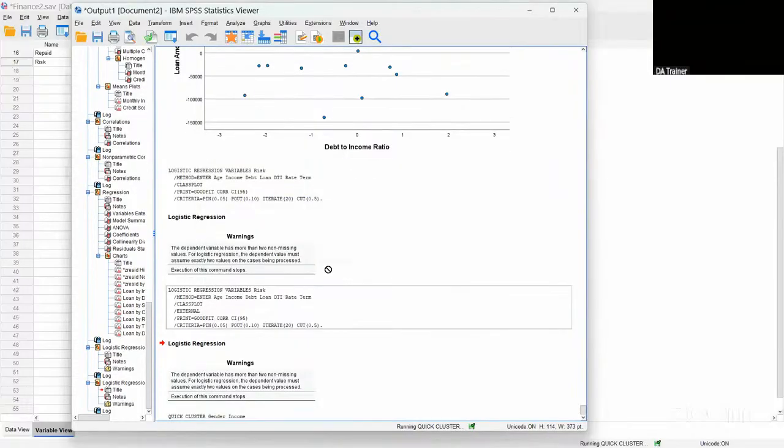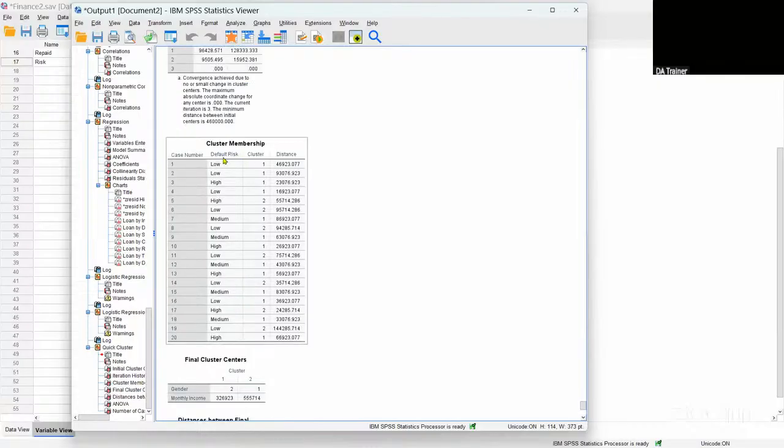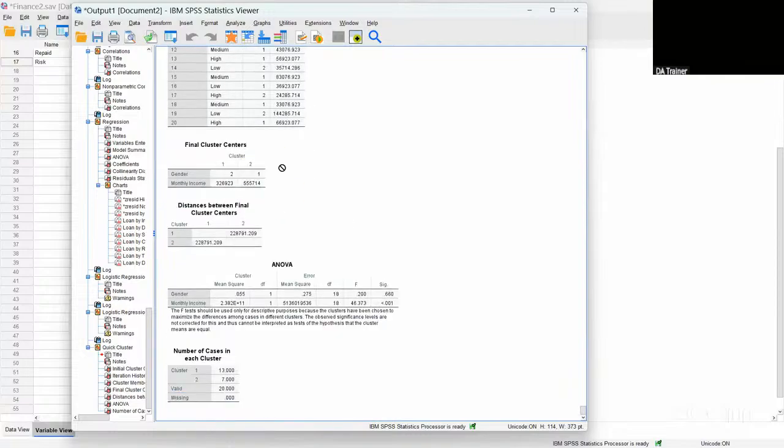Continue. Okay. All right, so this just classifies them into low rates, and then the cluster as is being required. All right. So the final cluster for the income in regards to gender,